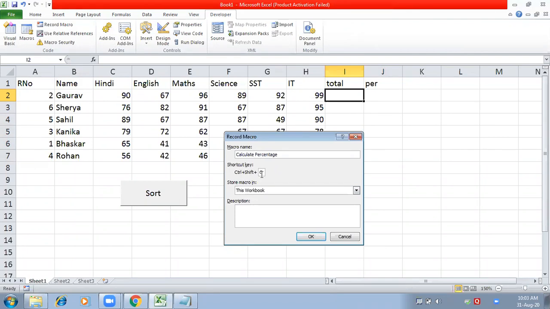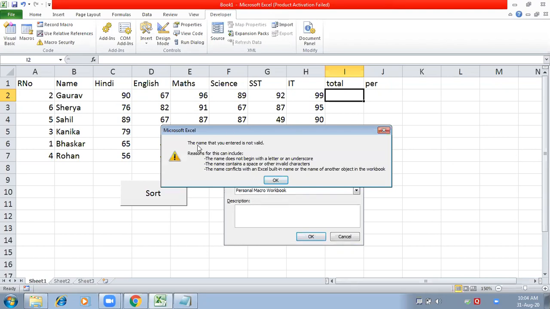I can enter only one, so I am writing control plus P, small p, and I want to use it on personal macro workbook, means I can use it anywhere.